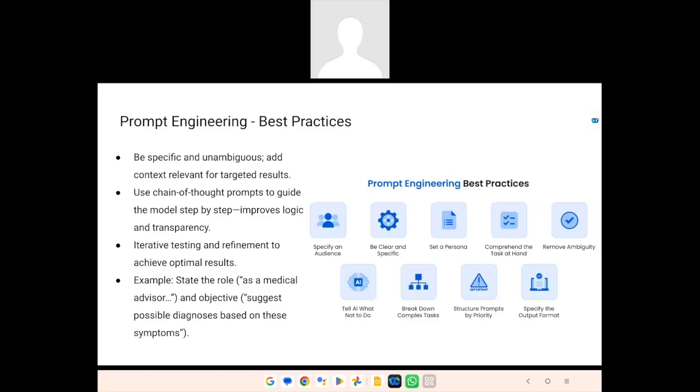So this is how the entire prompt engineering best practices that must be followed, and we as an industry are following it with a very strategic perspective, so that the outputs are as expected. I hope it's clear.